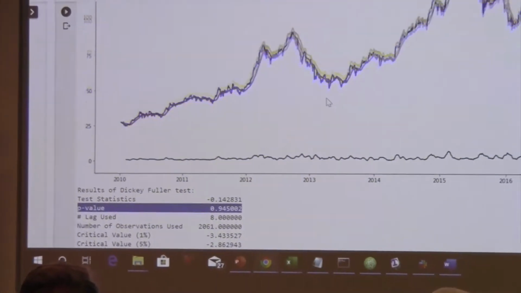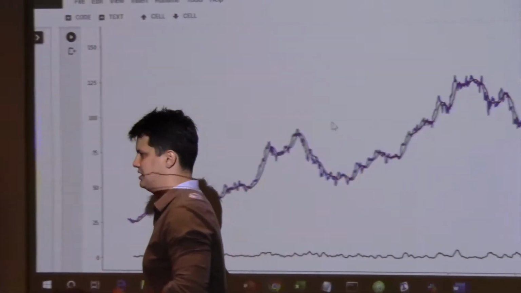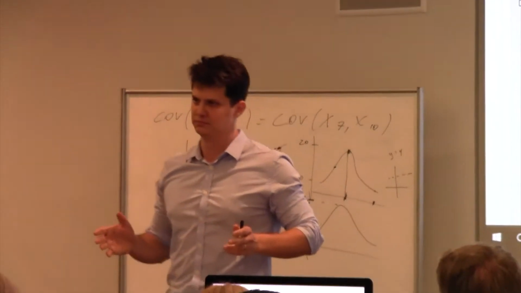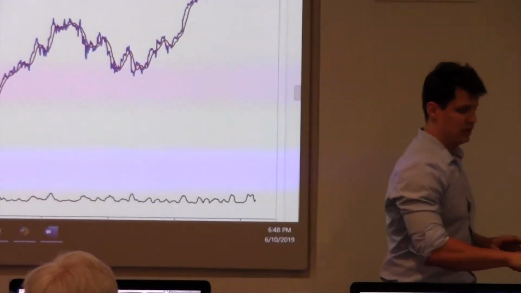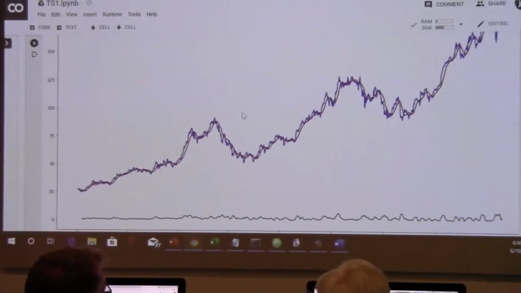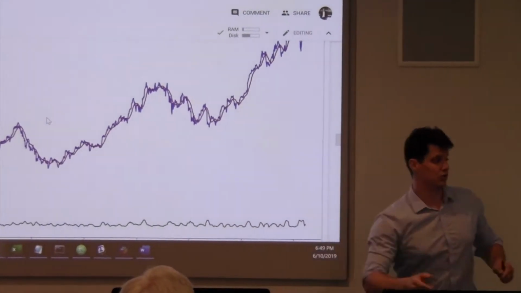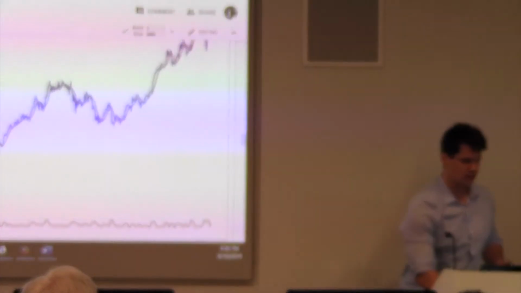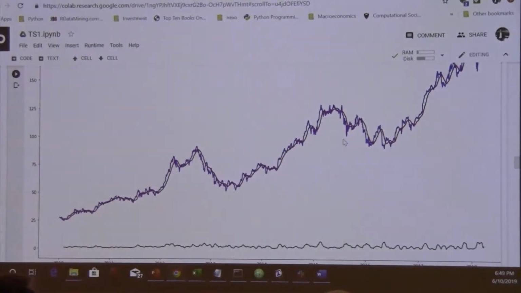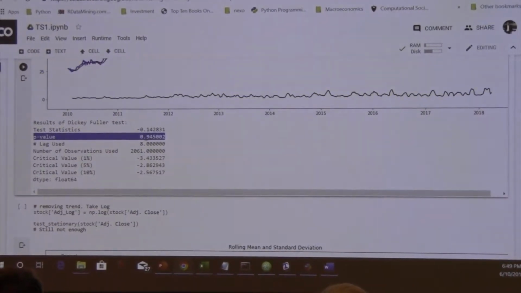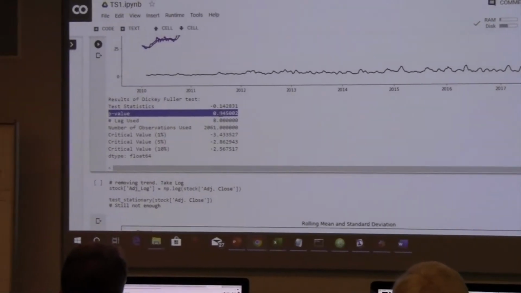In our case here of the ADF, each test has a null hypothesis that you have to memorize. So in the ADF test, the null hypothesis is that it's not stationary. So you want to reject that. You want it to be stationary, so you want the p-value to be low. This is the ADF test for the adjusted close price. It's too high. By the way, low is 0.05. Put that as a rule of thumb.